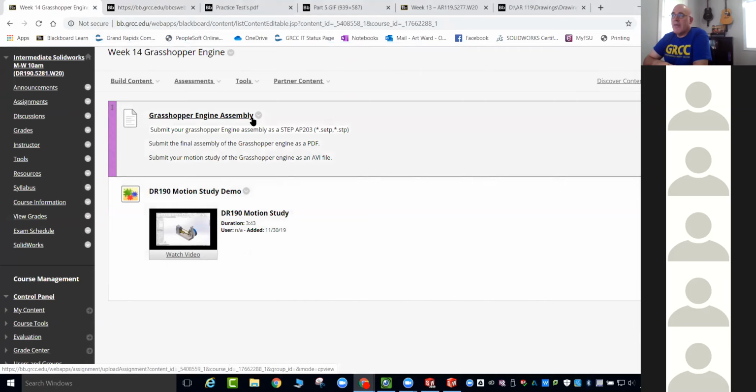So I need to have a step file of just the part itself. So your completed assembly will be a step file. And then you're going to have a PDF, and that's going to be a PDF drawing of the Elmer's engine with the top view, front view, and the right side view. And then an isometric or 3D view up in the right-hand corner, no dimensions, just the top, front, right side view. And then you are going to submit your motion study